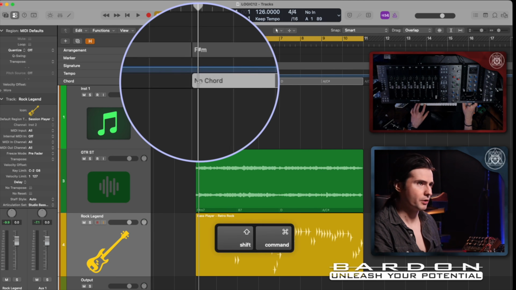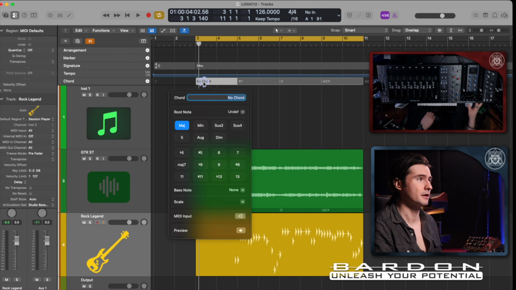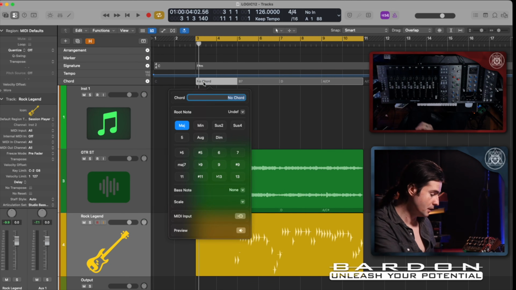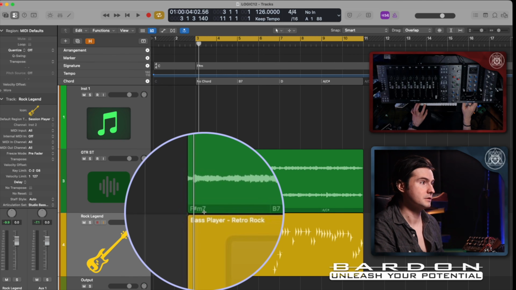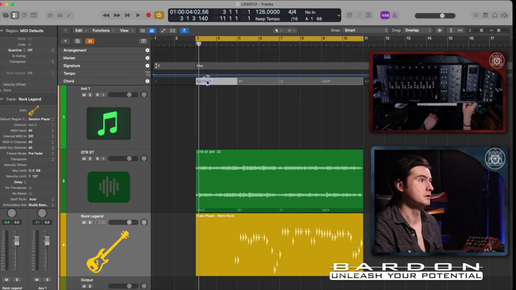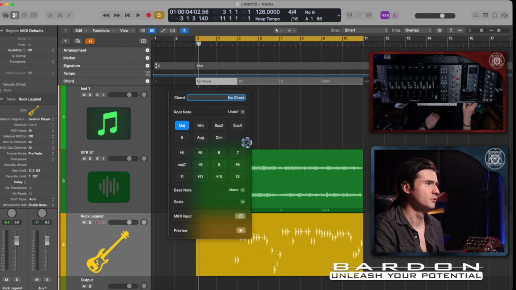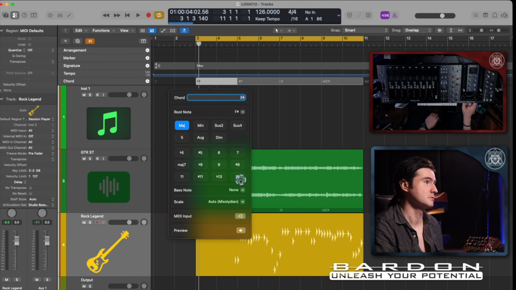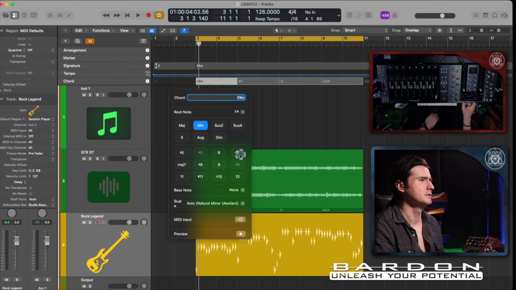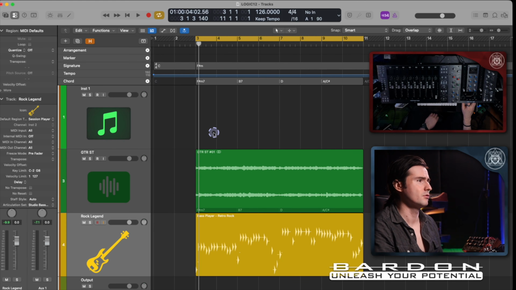Since we got no chord here, we can double click and it will give us this contextual menu. In here we're gonna select the notes the same way as we used to do back in Logic 11. According to the software, and let's put it to the test, it's giving us an F sharp minor 7. So let's double click over here and look for F. And see how fun it is. It says here that it's undefined, but it actually found the root of the note to be F sharp. So I'm gonna select F sharp, minor, 7. And according to theory,